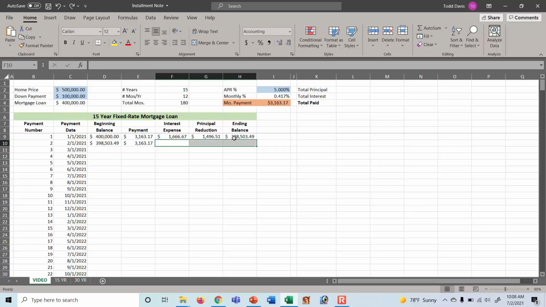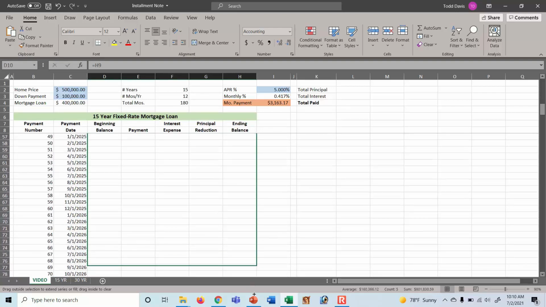For cells F10 through H10, we're going to drag the formulas from cells F9 through H9 one row down. Now we are ready to complete our amortization schedule in one big jump. Please select cells D10 through H10, and using the little handle in the bottom of cell H10, drag all of the formulas down to row 188.